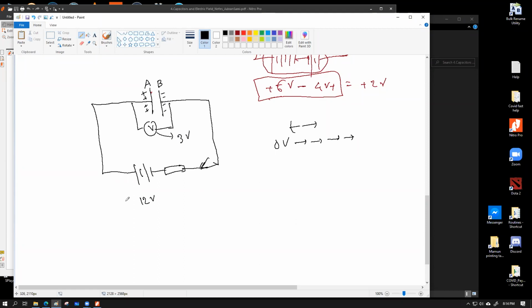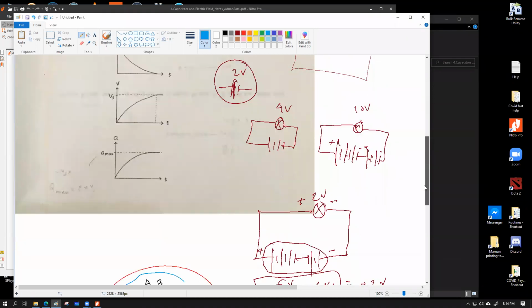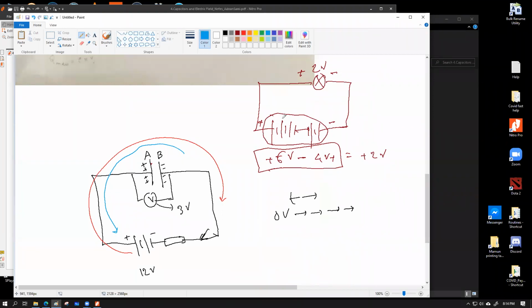And now have a look. This battery is trying to produce a current by its own polarity in this direction, clockwise direction. The battery is trying to produce a current flow in this direction. Whereas the capacitor, to be able to become discharged, is actually trying to produce a current in the reverse direction. This is the exact same thing we discussed in this circuit. For example, over here, this set of battery was trying to produce a current along this alignment,